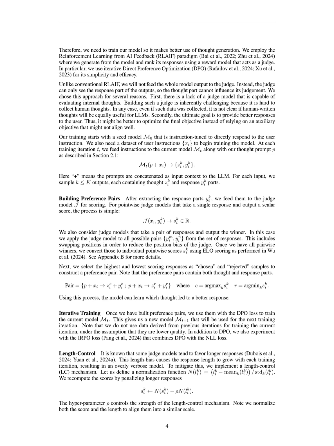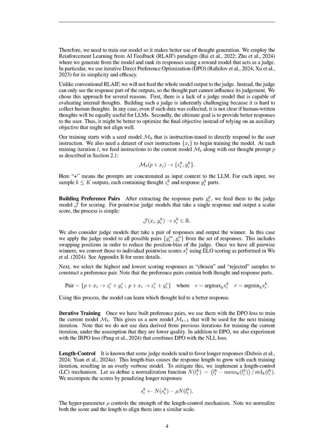After generating multiple outputs, the model employs reinforcement learning from AI feedback, RLAIF, to rank these responses using a judge model that only evaluates the response part, ensuring that the thought process does not influence the judgment. Preference pairs are then constructed by selecting the highest and lowest scoring responses, allowing the model to learn which thoughts